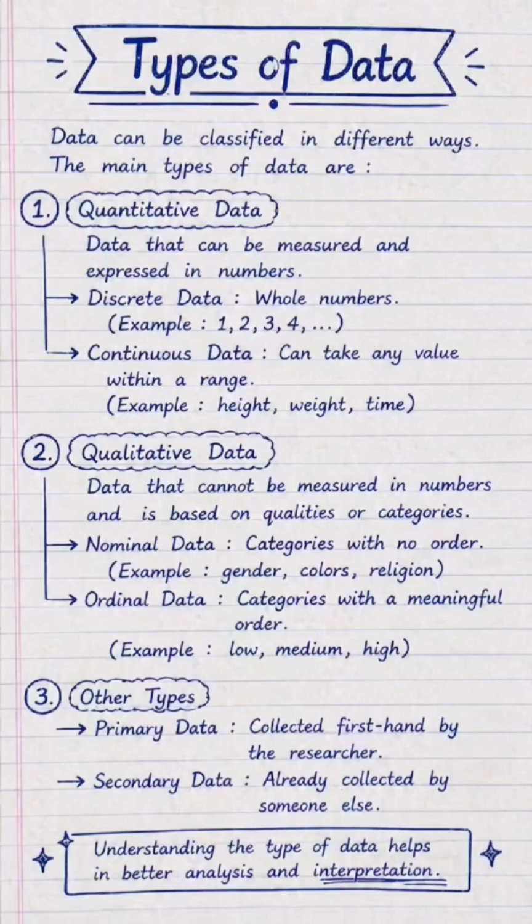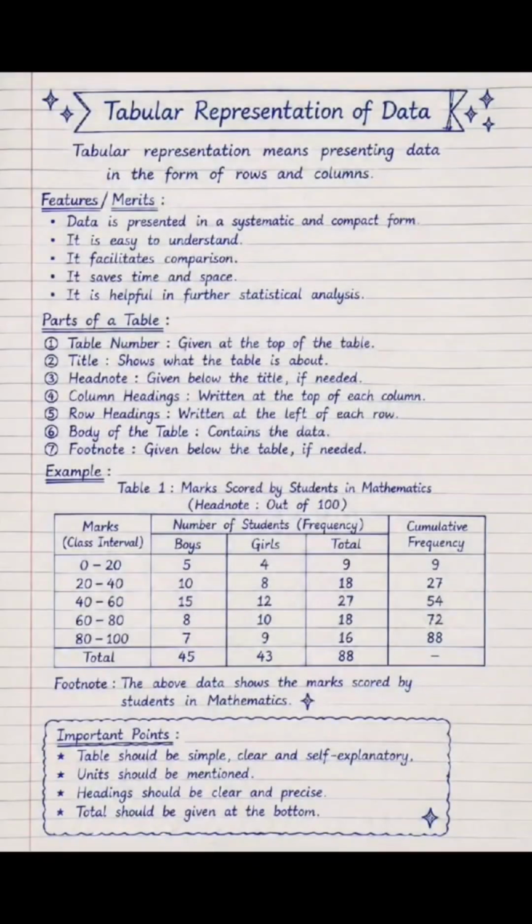Tabular representation of data. It means showing data in the form of rows and columns. It helps us understand data easily. It makes comparison simple. It saves time and space. Now let's see the parts of a table. Table number is given at the top. Title tells what the table is about. Column headings are written at the top of columns. Row